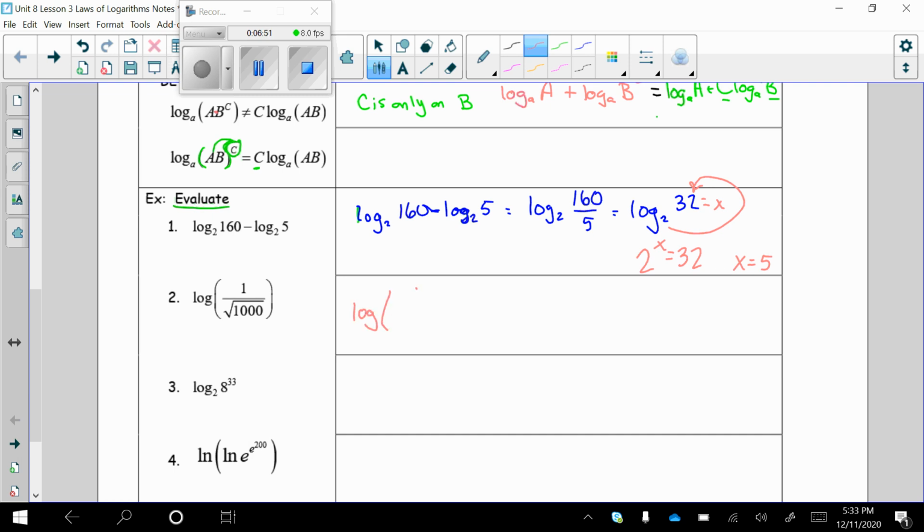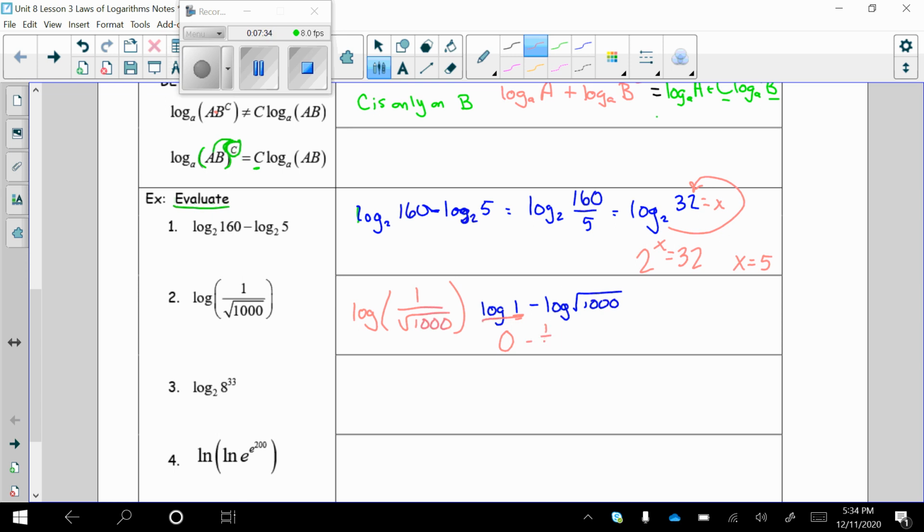Same thing here, log of 1 over the square root of 1,000. This might help to rewrite as a subtraction problem. So this one we would expand instead of condense. So log of 1 minus log of the square root of 1,000. And utilizing your rules from lesson 2, log of 1, any log of 1 is 0. Your base to the 0 power is equal to 1. All right, so minus,